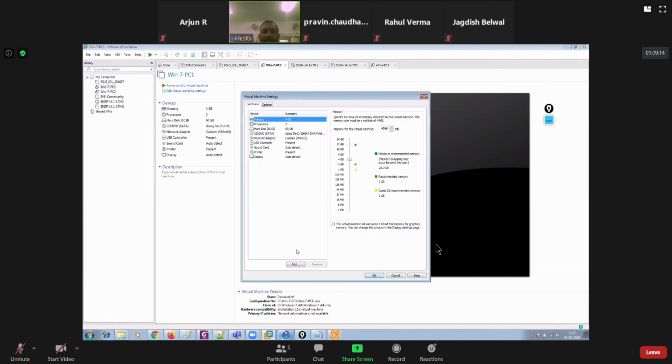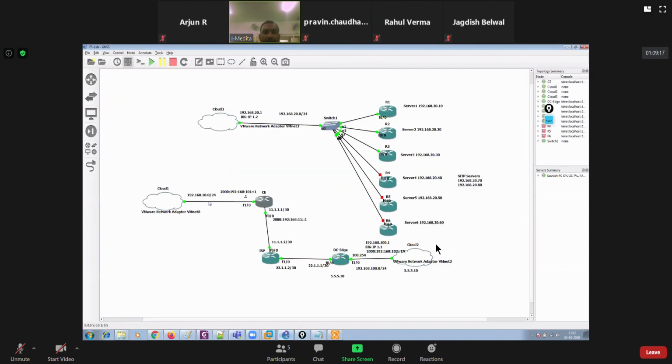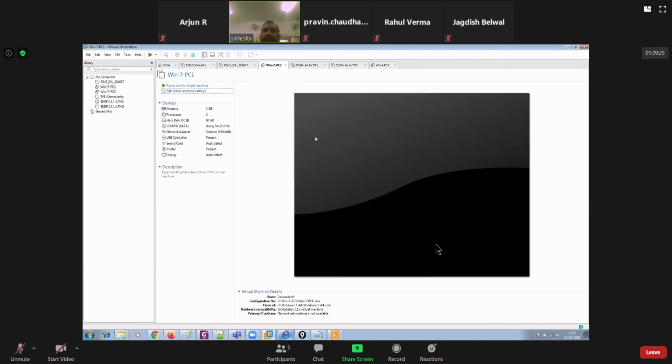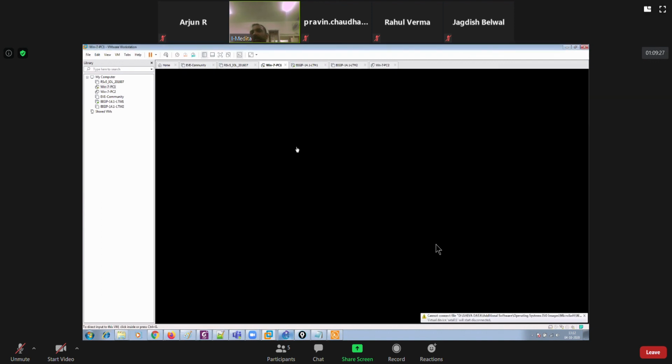It's VMNet 3. It's VMNet 8. Wow. That's why it was not working. So it was not part of the proper switch.